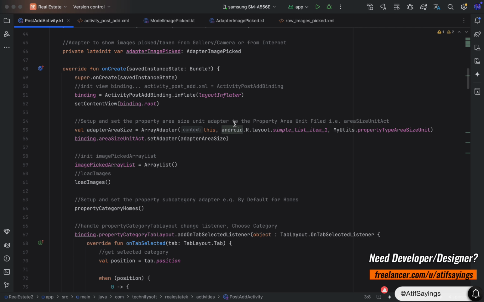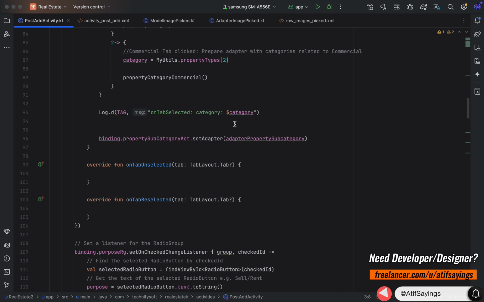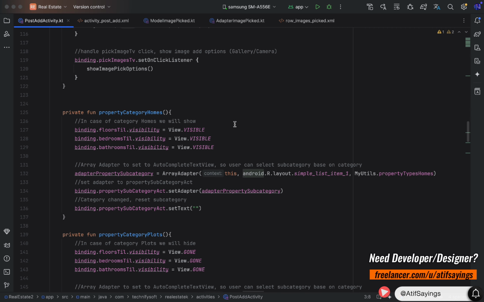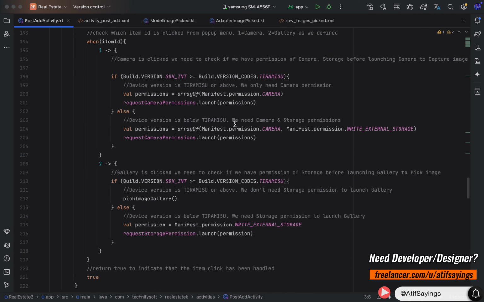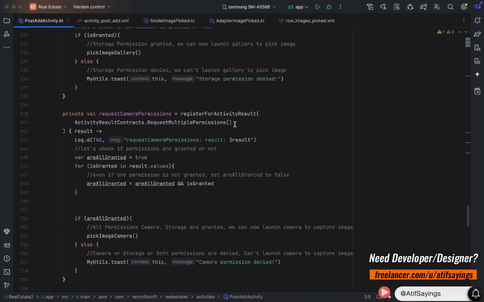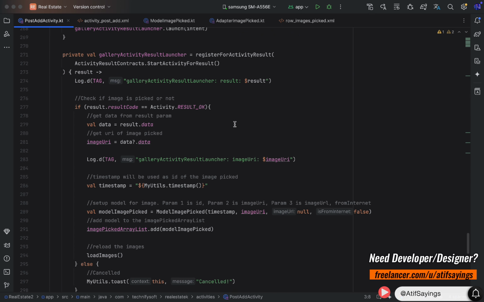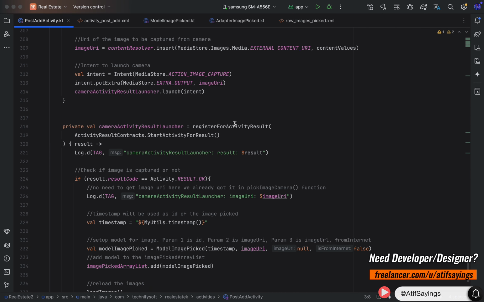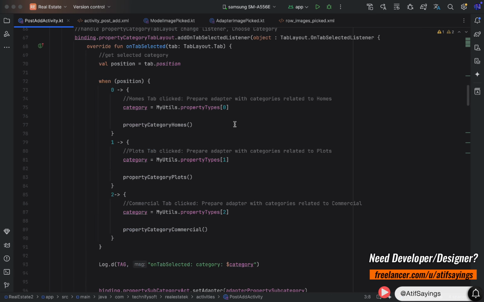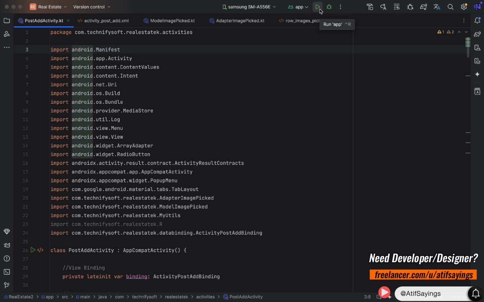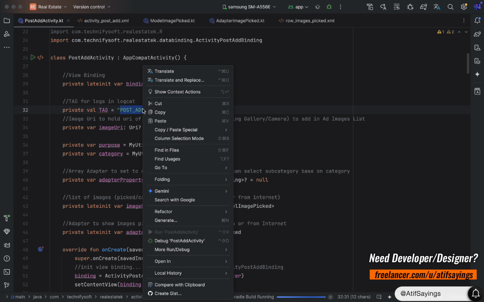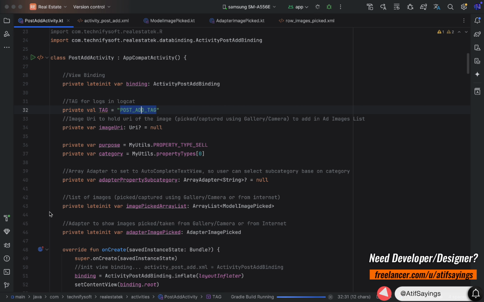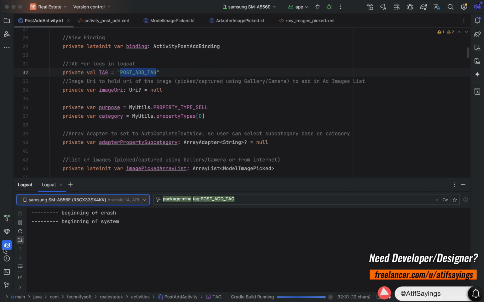Now we will run the app in an emulator or on a real device to test. When the app runs successfully, we will pick images from the gallery and capture from the camera to test if these are showing in the recycler view or not. So let's start by running the app. While the app is running, copy the tag. After copying it, open logcat and paste the tag here, so it will show only those logs which are printed